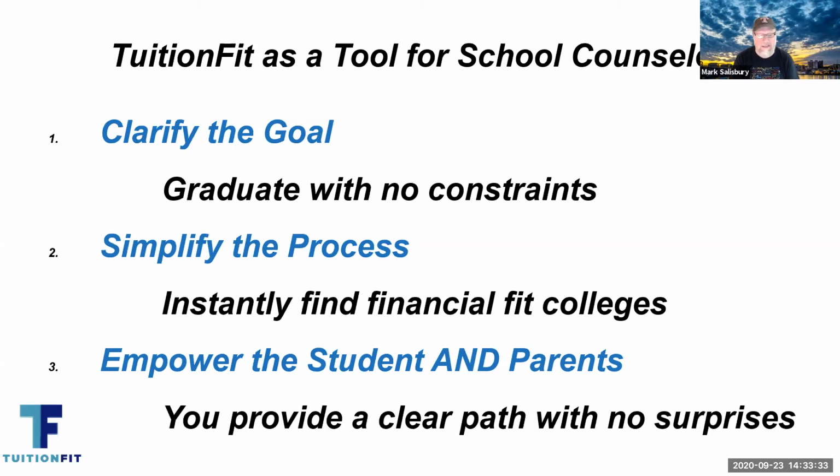And then finally, when you've provided students with a clear path, you've provided the student and their parents something that's very simple for them to follow, that they can go look at schools. Every school that they look at is gonna be a viable option. And the question about whether the student will get into that school is not really a question either, because the data that came to TuitionFit is from students who also got into that school. So now it's less about will I get in and whether I can afford it, even while you're doing all the other stuff.